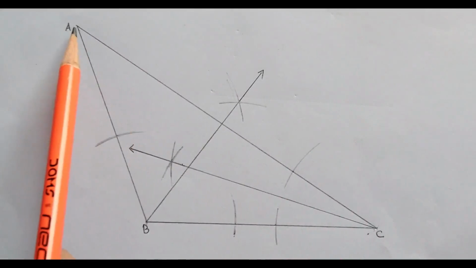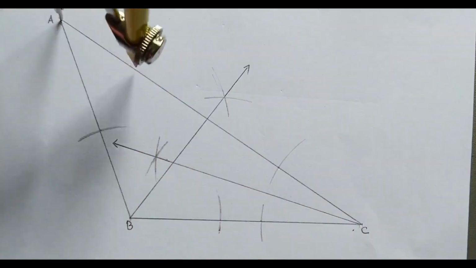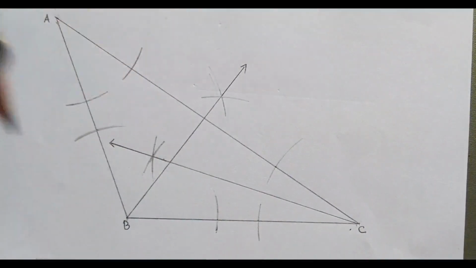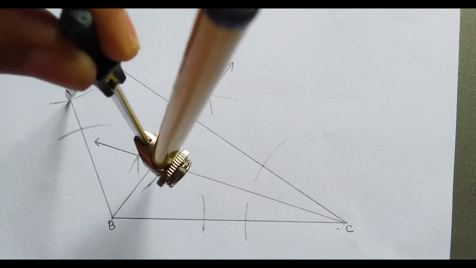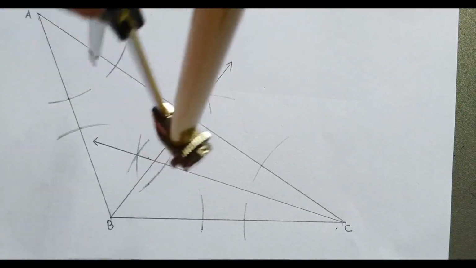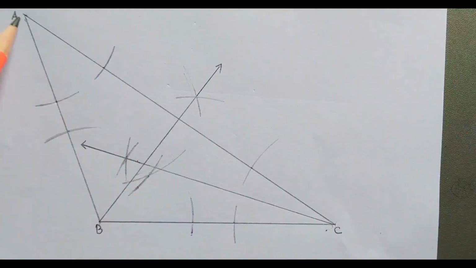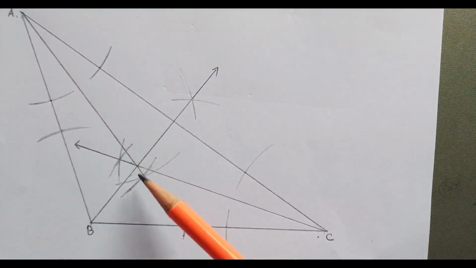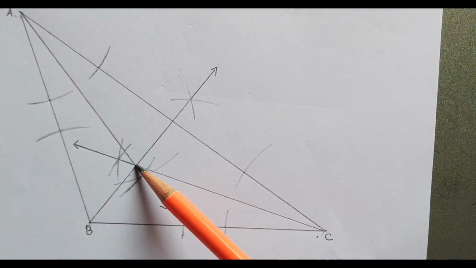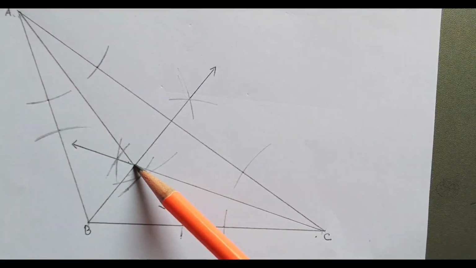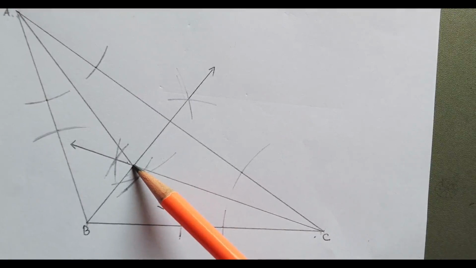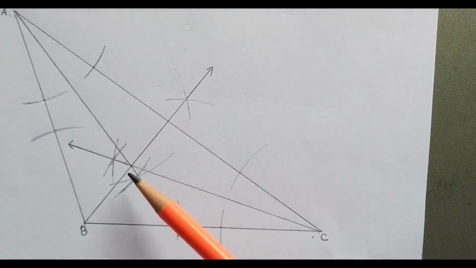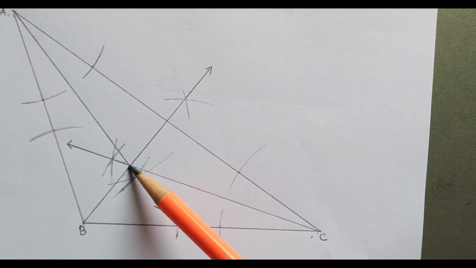Now let's draw the angle bisector of angle A. With A as center, draw an arc on both the arms. And using the 2 points, draw arcs in the interior of the angle A. Join the point of intersection and the vertex A. So here again we see that the three angle bisectors meet at a point. What is the point of concurrence called? Yes, the point of concurrence is called the incenter. So here we see that the point of concurrence is inside the triangle.